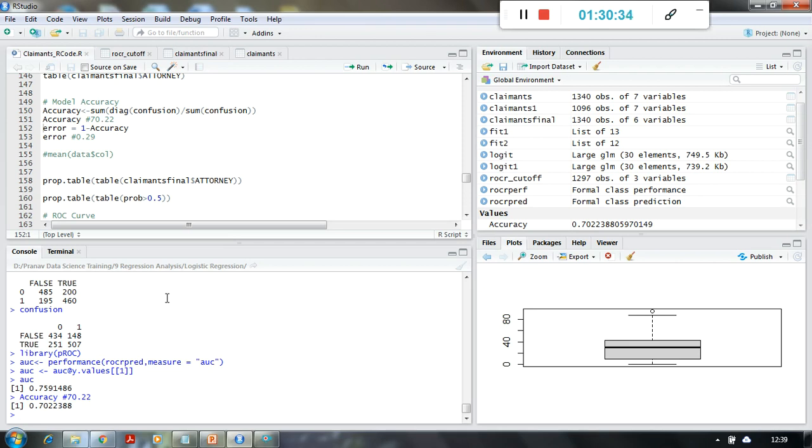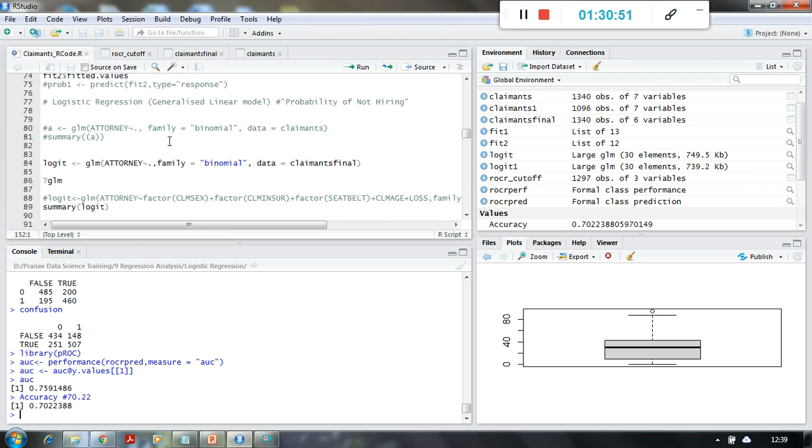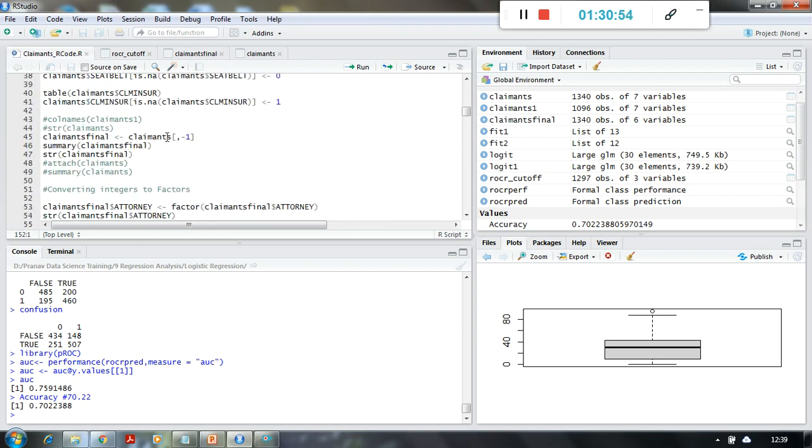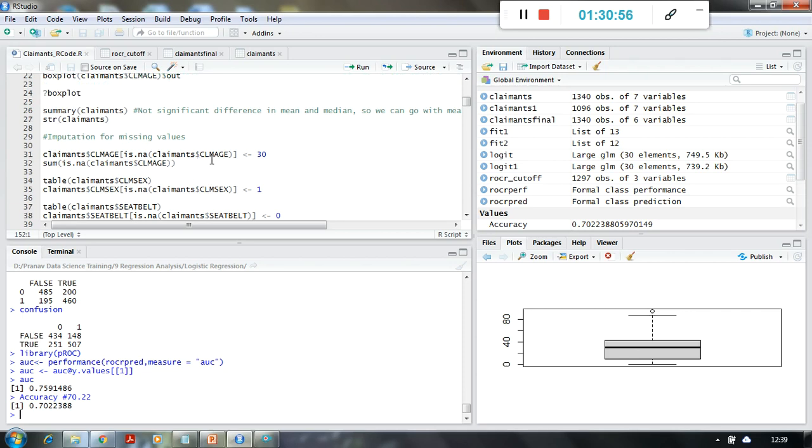Okay, because of the limitation of time, I would say that we can stop over here as far as this particular model is concerned. But yes, in a learning curve, there are different approaches we can take. Now, here, while imputing the numbers, we have taken the median for this one. Okay, if you take the mean over here, the results may vary. So this is how we have to continuously try and check.